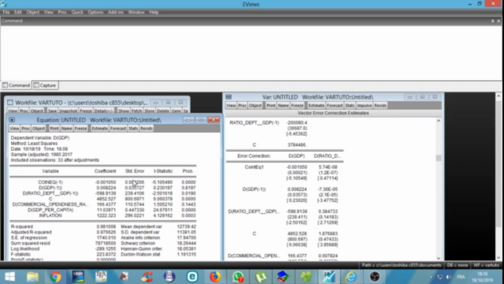So we can also see that GDP per capita and inflation have a significant impact on the GDP. The impact is just positive. So you can use it in order to make a forecast if we have correct prevision of